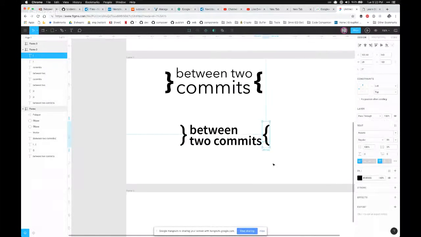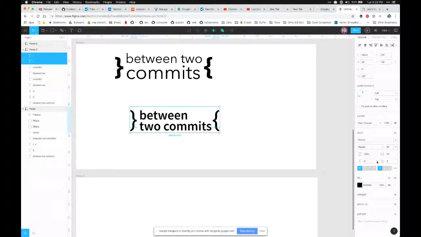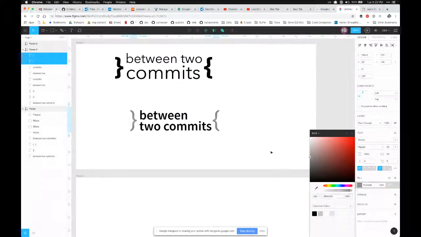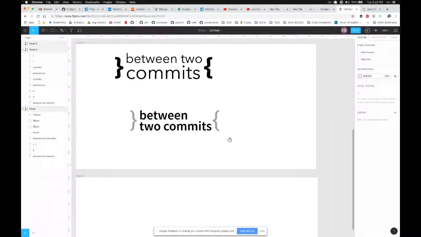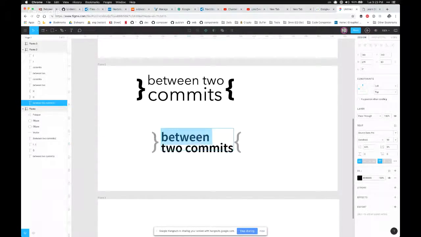I think something like this could work though. You know, this looks nice. Yeah, and I'm thinking you don't need these to be quite as pronounced, just so you can dial back the color a bit. Because it's what happens between the commits that matters, right? Yeah, exactly. I like that.